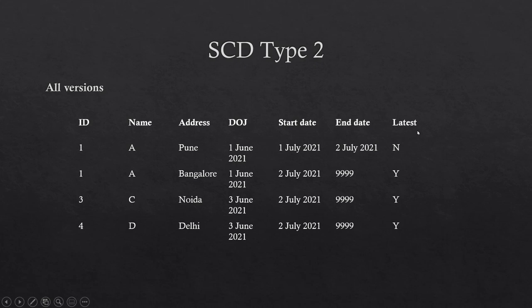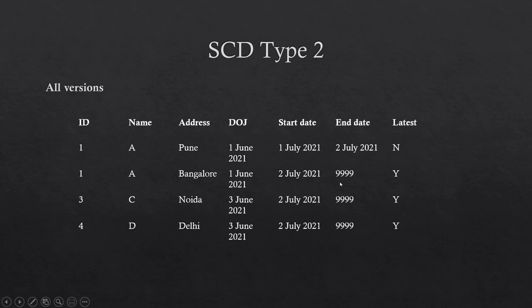Now why am I doing that? First of all, I wanted to track each and every version of the data, which means I wanted to see how the data or the record changed over time. If the record changes 10 times, we will have 10 rows with the same primary key 1, and whatever has changed, that change will come and we will have these dates.